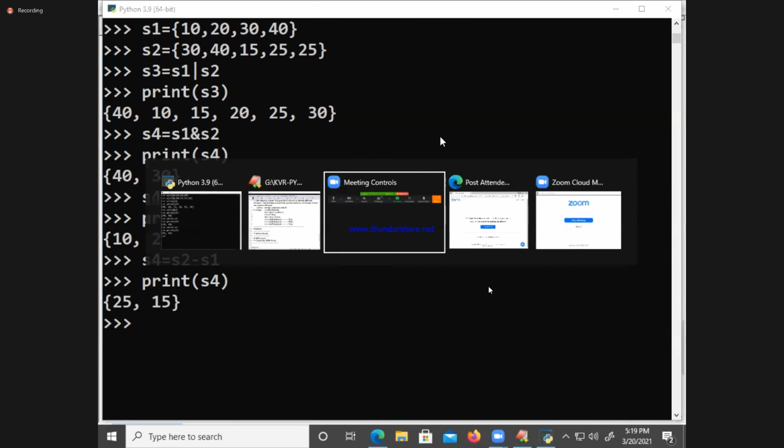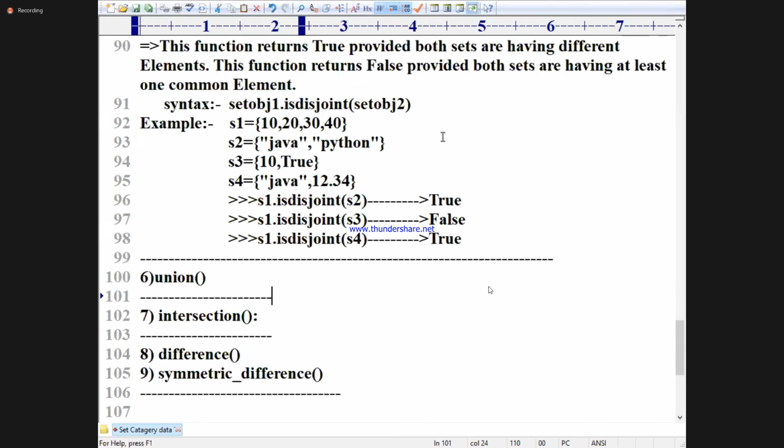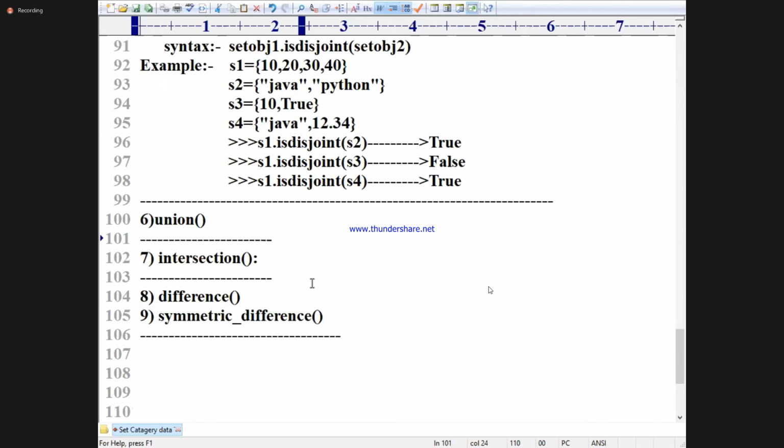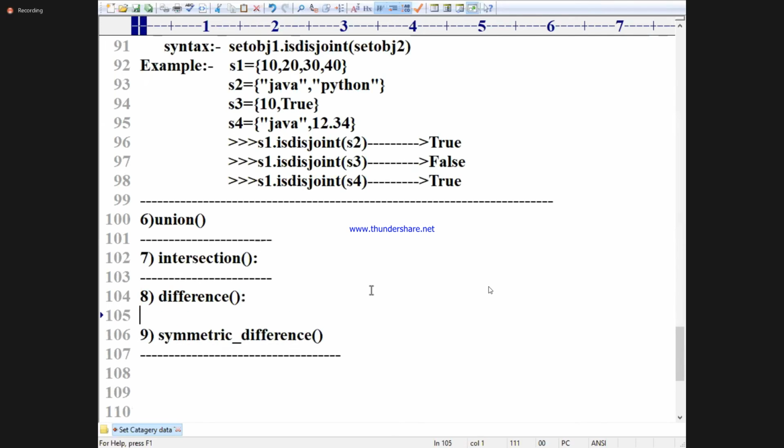Go to our concept window. Union, intersection, difference. I will write each of them and then give a combined example for all.